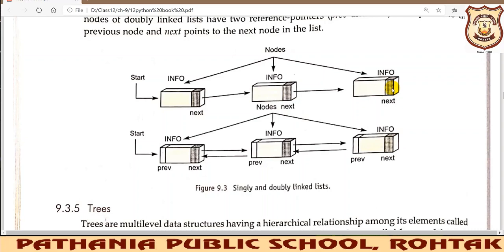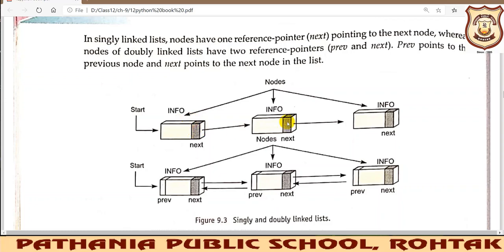So this type of list, which is connected with the help of this node known as next, or we can say pointer part, such lists are known as singly linked list. Only one pointer is there, that means it is a singly linked list. In a singly linked list we can move only forward, we cannot go backward. After dealing with patient number 6 we will move to patient number 10, but we cannot go back to patient number 6 if required. There can also be a doubly linked list.